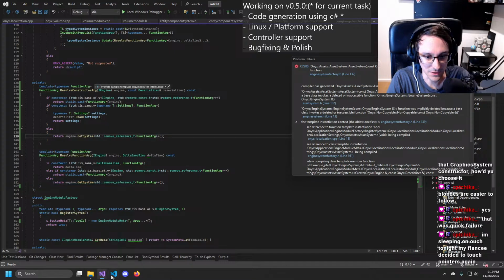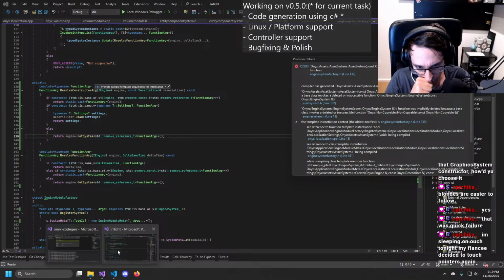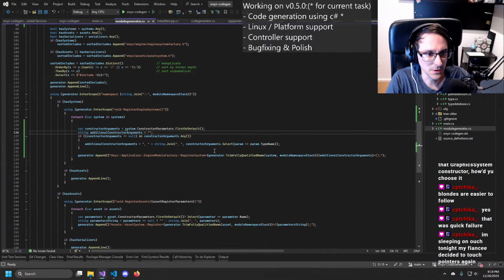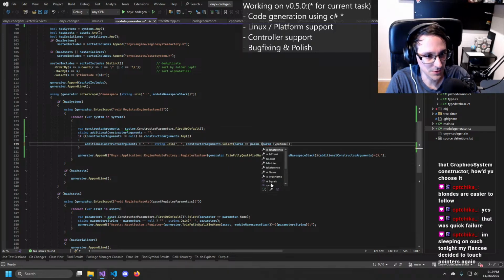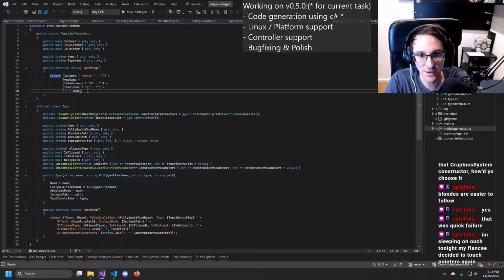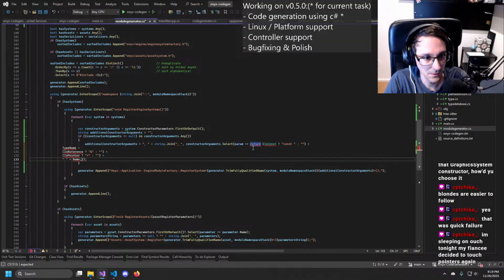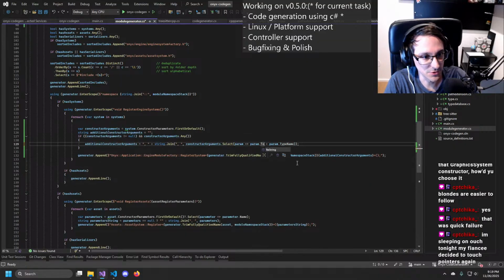We can do that by going here, we do param dot is const, or we basically go to the param thing and take that without the const. I could do param to string.